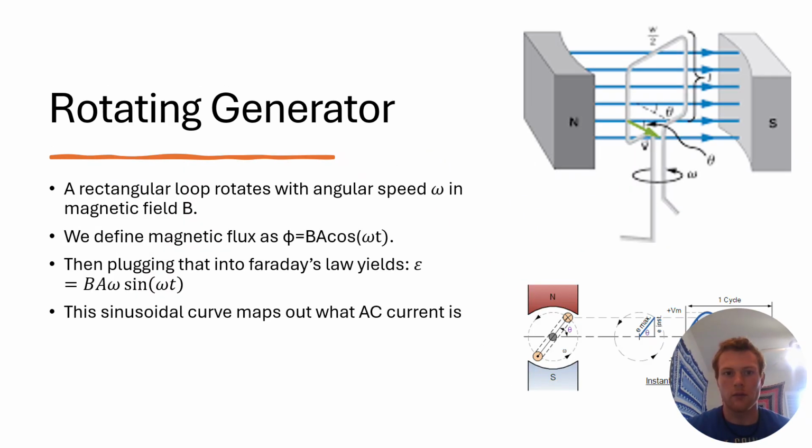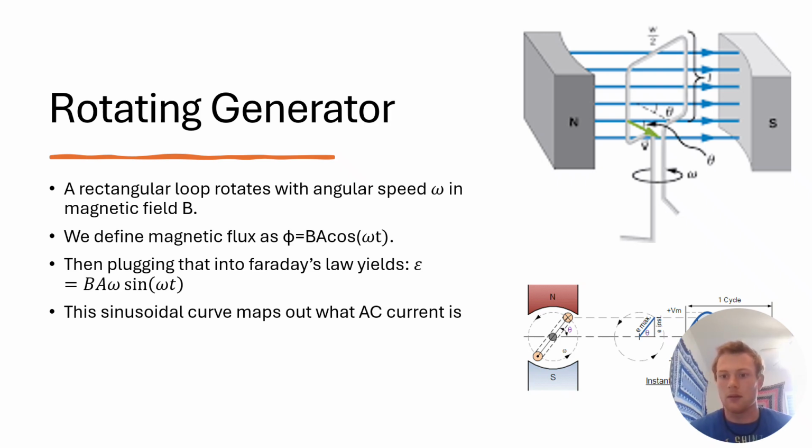All right, so how does Faraday's law work in application? In most cases, they use a rotating generator. This is a super simple example, but it does it well. It has an angular frequency rotating around a uniform magnetic field. Basically, when it rotates around the magnetic field, it creates an EMF, and that is our electricity. And so we define flux as B times A times the cosine of our angular frequency times time,